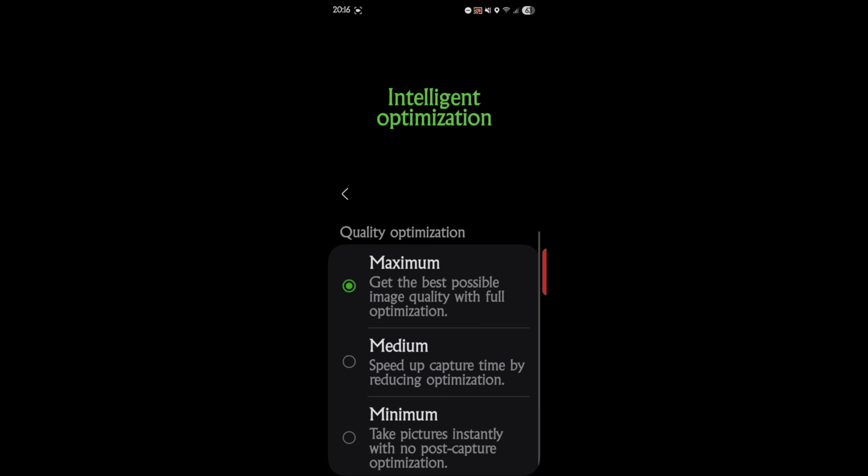I want the best pictures as fast as possible. So I'm going to leave mine to maximum. Again, it gets the best picture possible. It gets the best possible image quality with full optimization. Again, the camera's so fast you can sit here and bang, bang, bang, take pictures all night long,